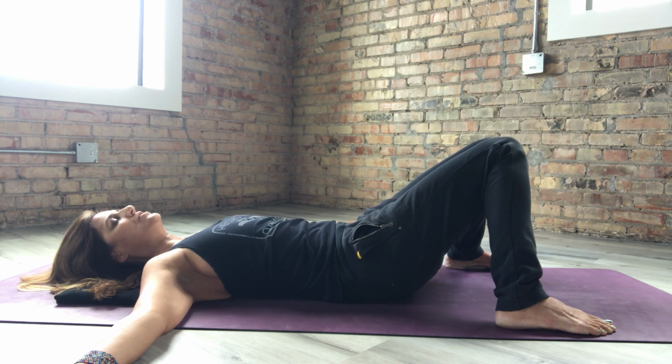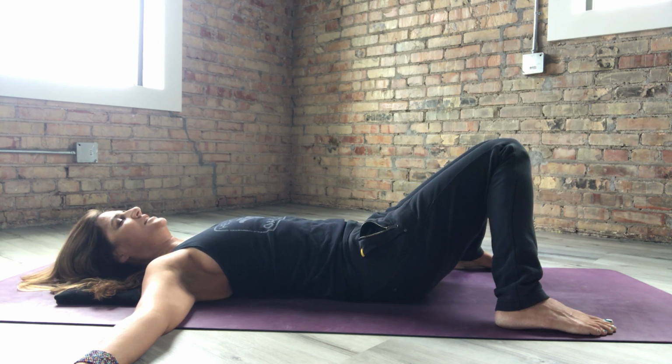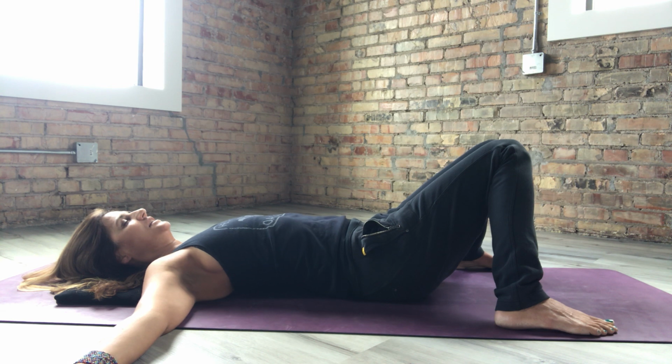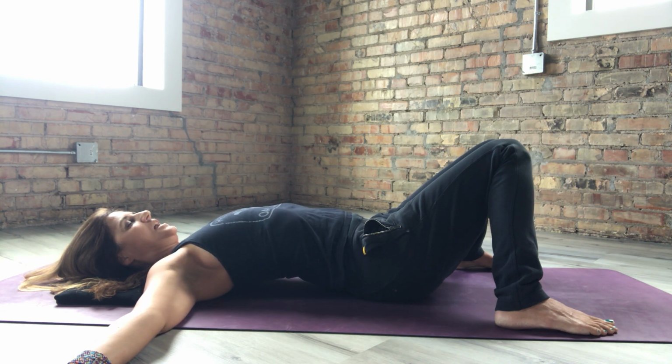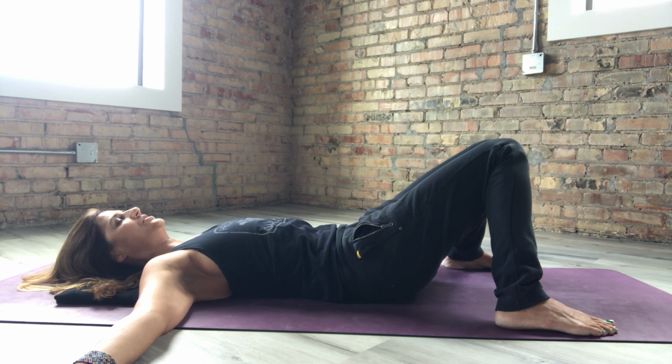If you're Charlie horsing your hamstrings, don't work so hard. Do that one more time. Take your inhale. And one more exhalation. Inner thighs, inner knees, hugging in, outer edges of feet rooting down, pads of your toes